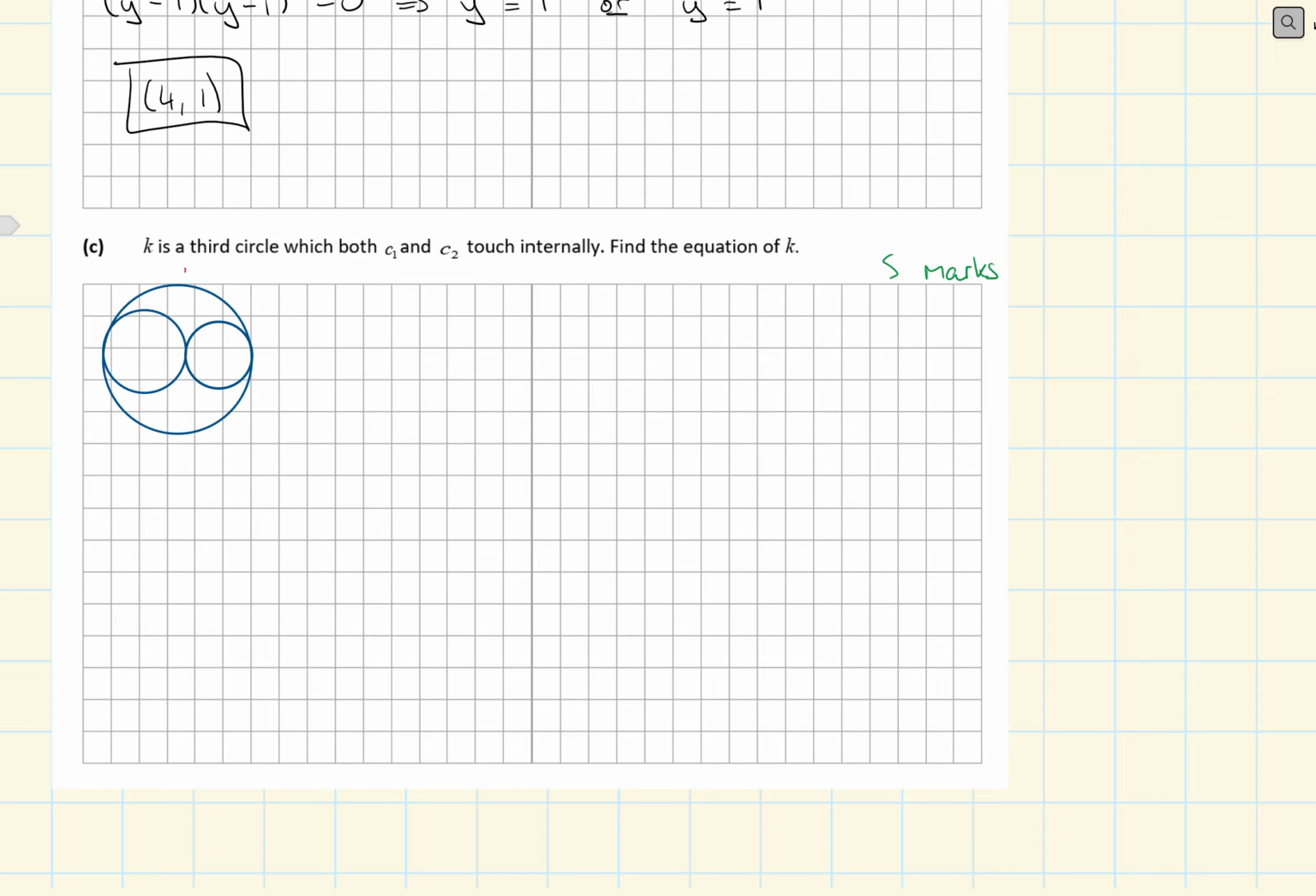We know there's a tangent between them. That's x equals 4. Circle 1 and circle 2. And we know that the point of contact is (4, 1). And if my y value here is 1, so it goes on the line y equals 1. So what we're looking at here then,